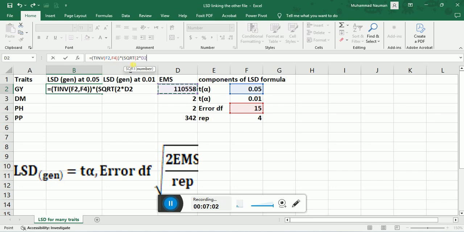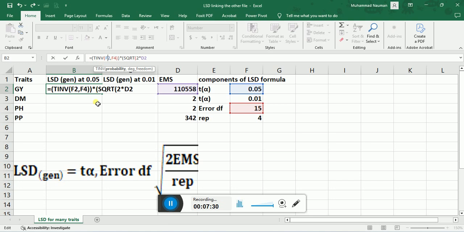Before we go further, we will fix the cell reference by placing the dollar sign before and after the alphabet. Here is F2. We do not want this cell to be changed when we drag the values downward towards the pods per plant.